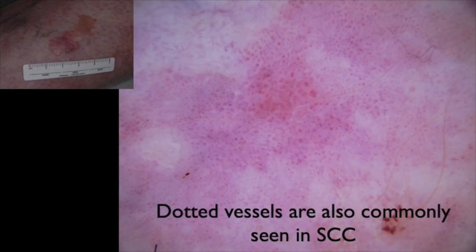So here's another example. So in terms of vessels, on occasion, you can have dotted vessels in squamous cell carcinoma as well. And here are dotted vessels in squamous cell carcinoma. The reason, I'm going to get back to the hairpin in a minute. The reason that I show this image is to make a very important point, and that is that dotted vessels, okay, when you see them throughout, can be seen in squamous cell carcinoma, but it can also be seen in psoriasis. Exactly the same. There is no way you can tell the difference, and hence,